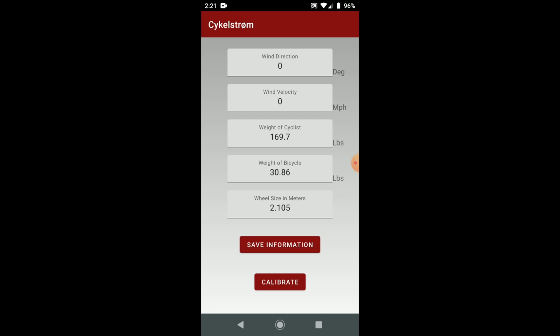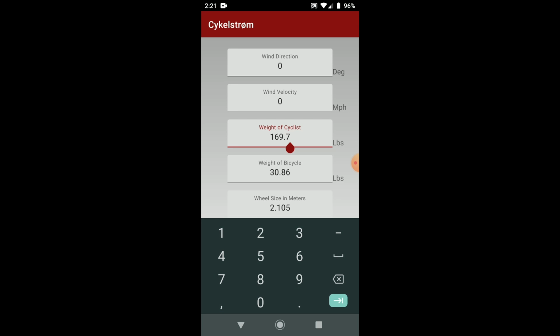I'm doing this demonstration indoors on a trainer, so I'm going to leave the wind direction at 0, wind velocity at 0. The weight of the cyclist today is 210.4 pounds. And the weight of my bicycle is 24 pounds. And the wheel size in meters, or the wheel circumference, is 2.105 meters, which is the circumference of the wheel for a 700C by 28 tire,